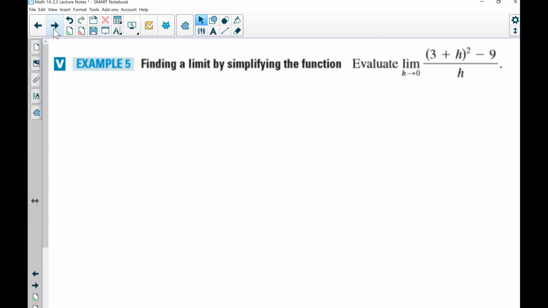Okay, let's take a look at example 5. You want to find a limit by simplifying the function. So let's go ahead and rewrite this. So we have the limit